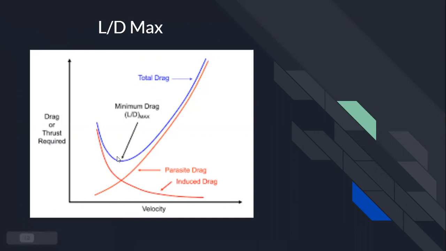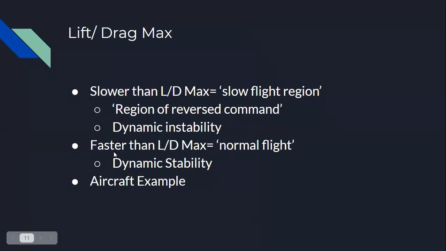And the spot where you want to be, the sweet spot right here, is where you're going to have the least amount of drag. This will give you better speeds, better economy, better lift, the whole deal. So that's right where you want to be. Going back to this, if you are slower than the LD max, that's going to be your slow flight region. This is also known as the region of reversed command, and that's where you're going to get your dynamic instability,